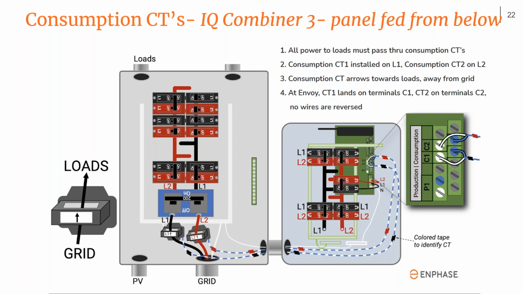A way you can figure that out is you could put your meter on continuity mode if you want. I think that's actually not the best way. A better way is to measure voltage. You'd have 0 volts if you're on the same one. If you've got 240 volts, that means you're on different lines. So it's a cool trick. And similar to the production CT, you want to measure the power in the direction it's typically flowing, at least for this application. So your consumption CT needs to point towards the loads and away from the grid. And finally, the last step is just make sure you land those CT wires on the correct terminal. So CT1, terminal 1, CT2, terminal 2.